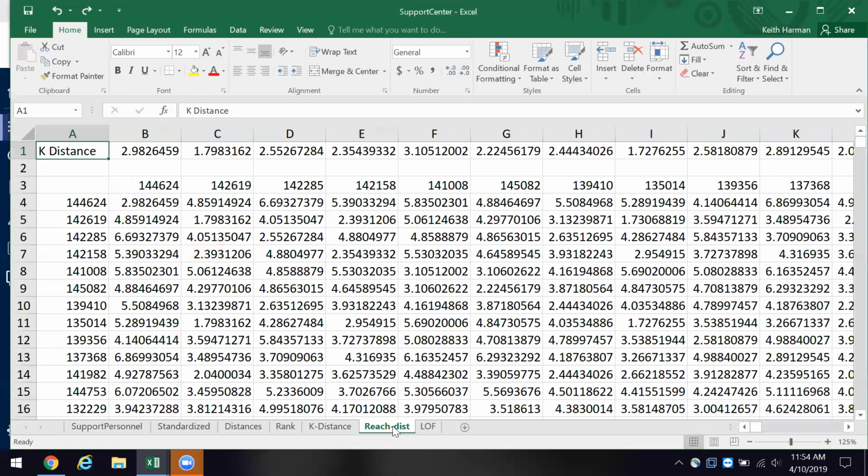Well, here we start to get the reach distance of each of these employees. And he discusses what those are. And in the reach distance tab, the reachability of, say, A to B, it's just their ordinary difference, okay?